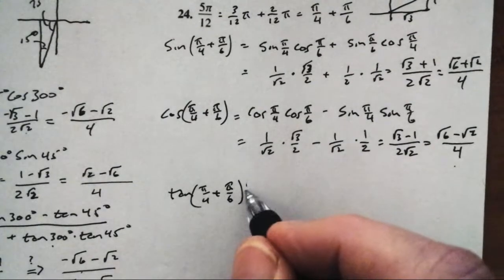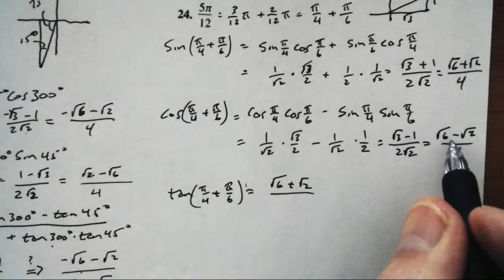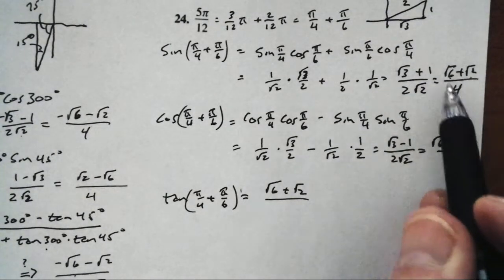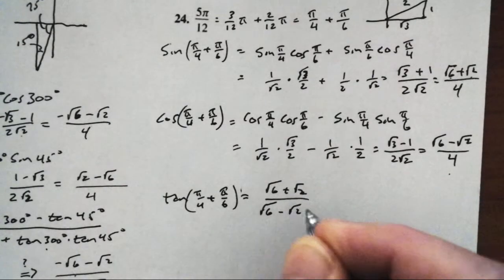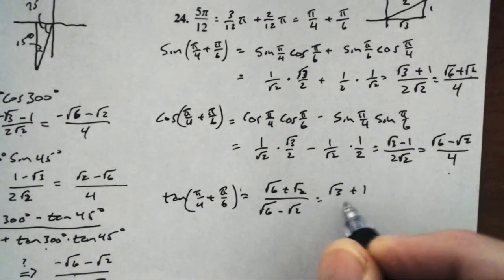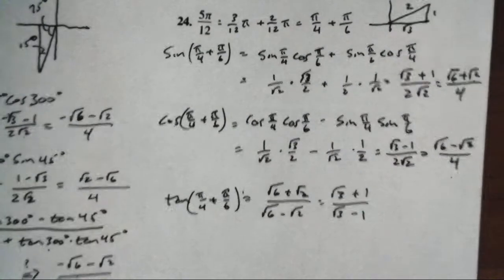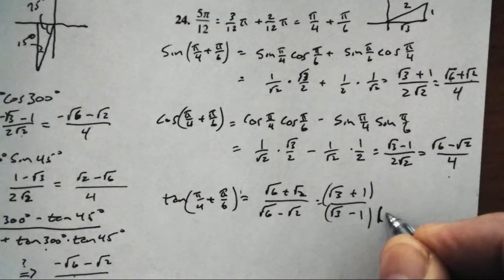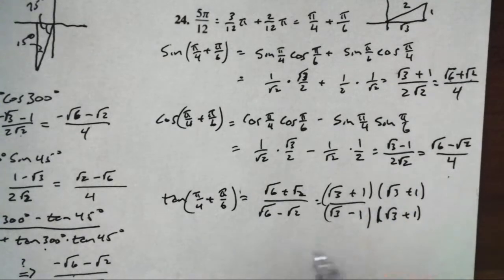The on 4's cancel. Sorry, square root of 6 plus square root of 2 over square root of 6 minus square root of 2. Wow. Which is square root of 3 plus 1 on square root of 3 minus 1. And let's go ahead and rationalize that just for the sake of it, since we didn't do it on the last one. Let's go square root of 3 plus 1 with the conjugate, square root of 3 plus 1,